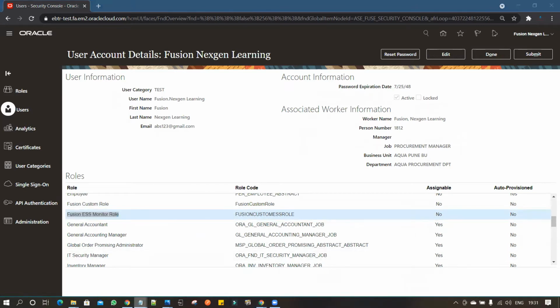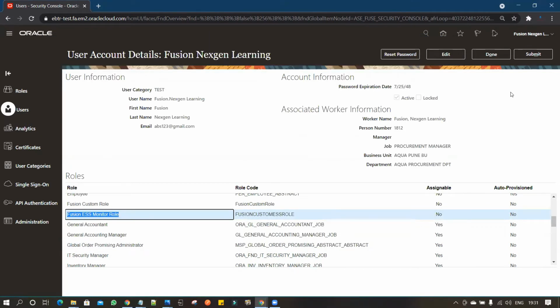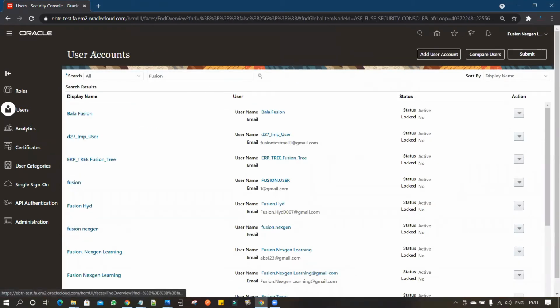Let me copy and paste it to Notepad. We'll utilize this role to hide any field from the UI so that it won't impact other users.